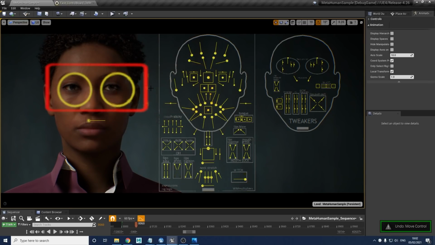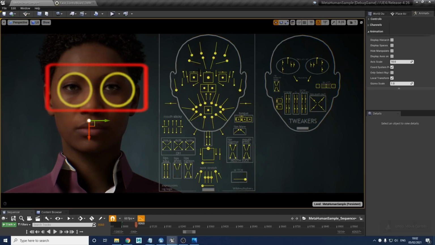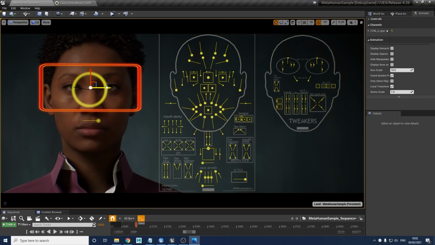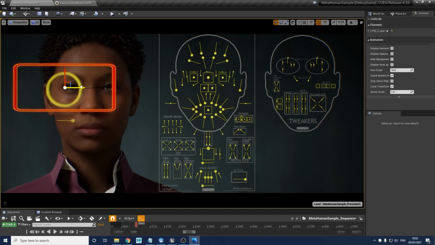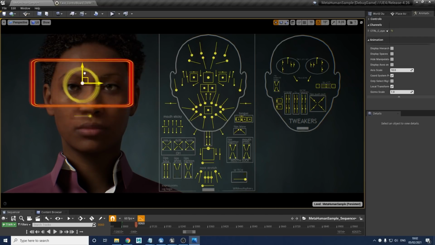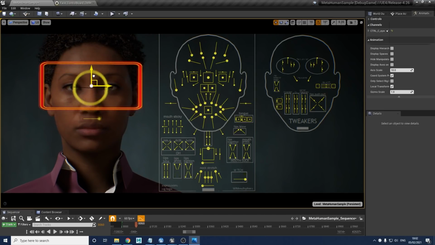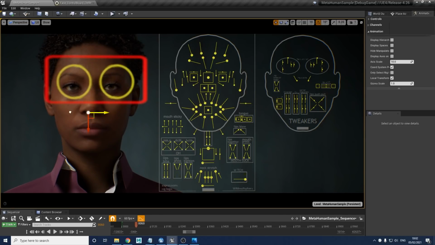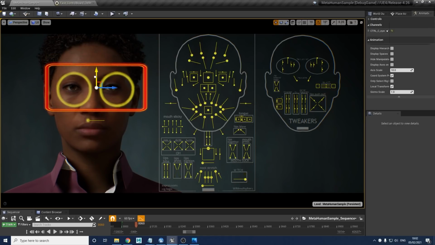We also have the convergence option down here, which is the same as the convergence on the faceboard. When you turn that on, it gives you this centered focus point right in the middle. So it's bringing the eyes together into the center, which is good for anything that's going to be close up to your character. For example, if a fly is buzzing around her face and she's tracking it, it's going to feel like it's really close, almost on the tip of her nose. It's really good to just get that extra focus. And then you turn it off, she goes back into the distance. So that's there if you need to, and you can animate that on and off.